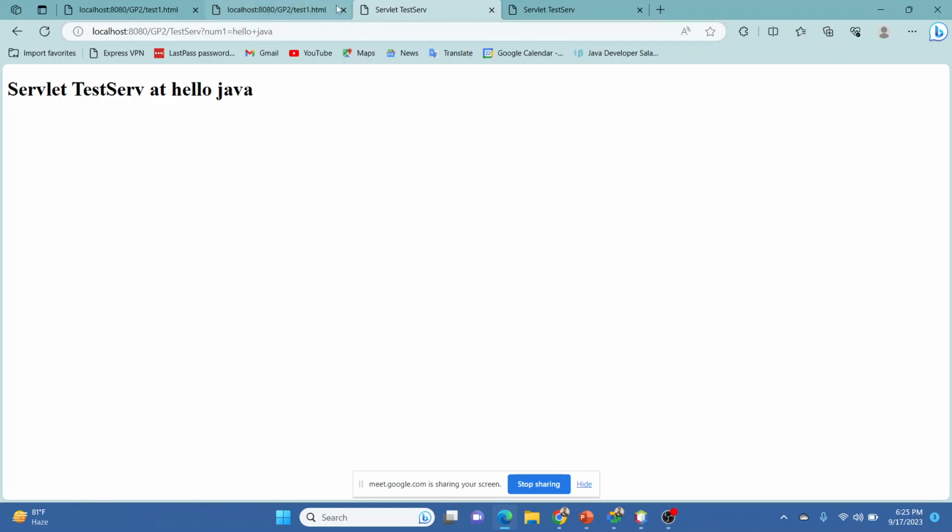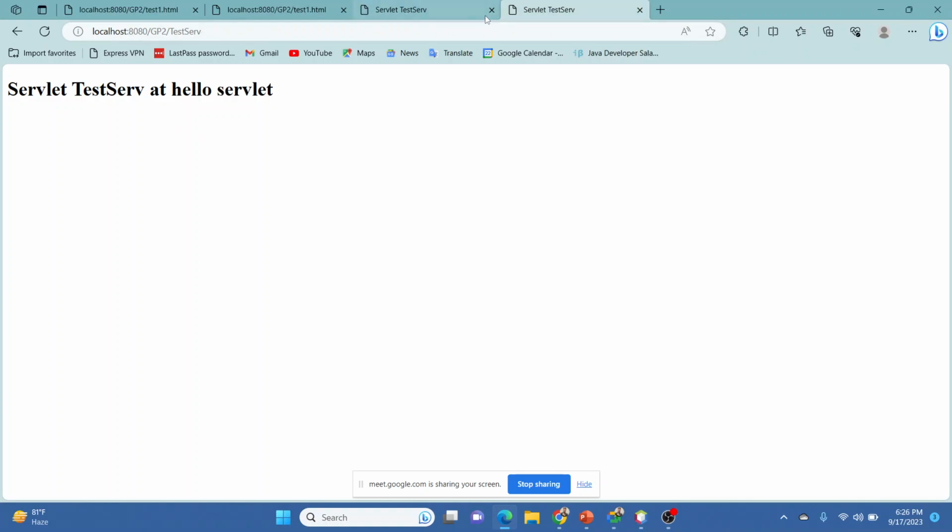The get method is a little bit fast. It just picks the data and sends it to the server without encapsulating or encrypting it. The post method first encrypts the data and makes sure that it is not detected through the URL or any other way. It throws the data after encapsulation to the server side. So the get method is not so secure, but it is a little bit fast, and the post method is a little bit slow, but it is purely secure. All credentials, login, username, and password normally go through the post method. So these are the differences between the get method and the post method.